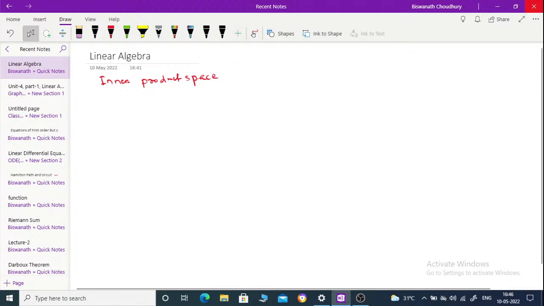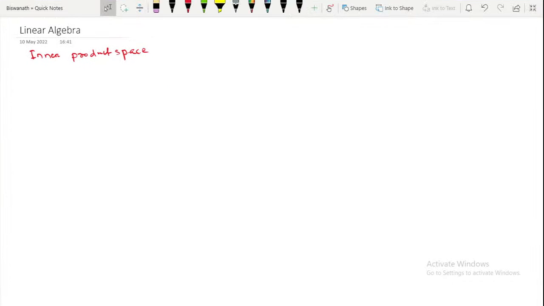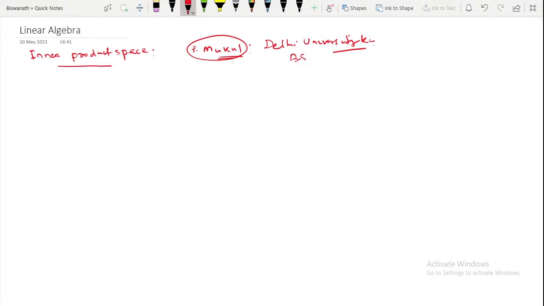आज बहुत दिनों के बाद मैं ऑनलाइन क्लास ले रहा हूँ। आज का क्लास इनर प्रोडक्ट स्पेस पर है, ये बस मेरे एक यूट्यूब फैन पी मुकुल के रिक्वेस्ट पर मैं ये क्लास ले रहा हूँ। अदरवाइज ये क्लास मैं ऑलरेडी ऑफलाइन अपने कॉलेज स्टूडेंट के लिए कंप्लीट कर चुका था। पी मुकुल दिल्ली यूनिवर्सिटी का एक बीएससी स्टूडेंट है, उसके कहने पर मैं बस और 2-3 क्लास ले लूँगा, उसके लिए और आपके लिए भी।